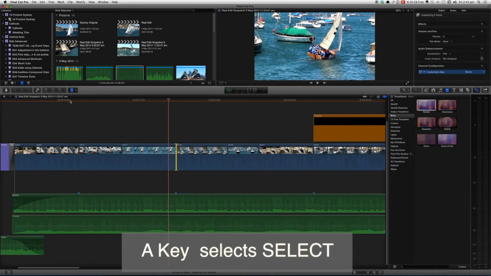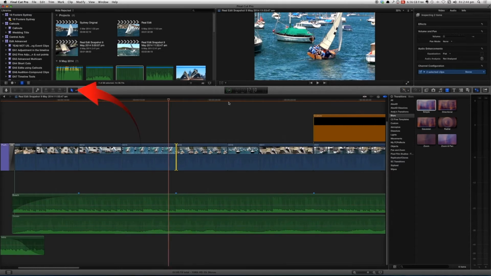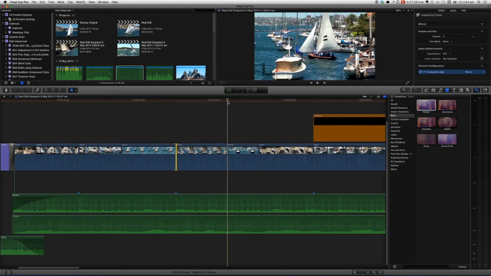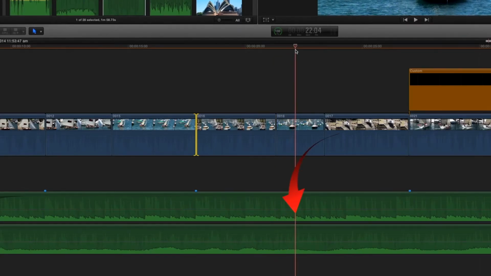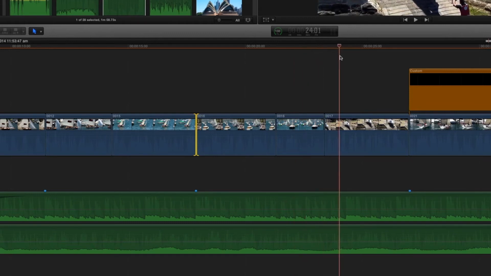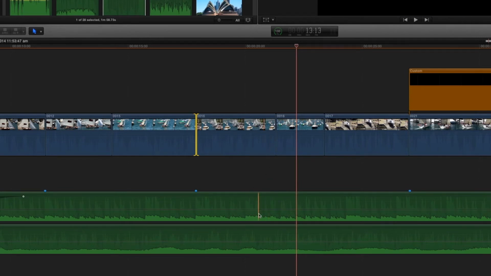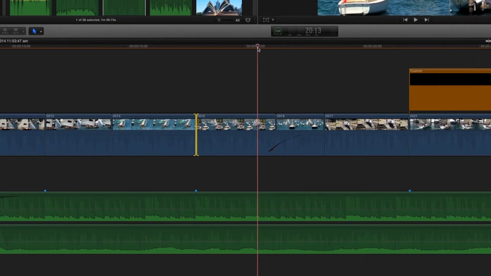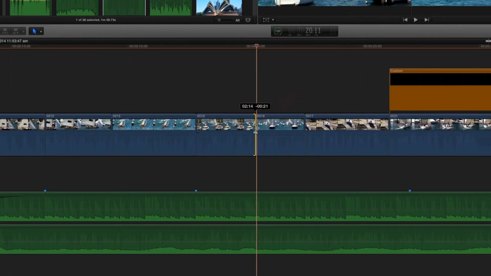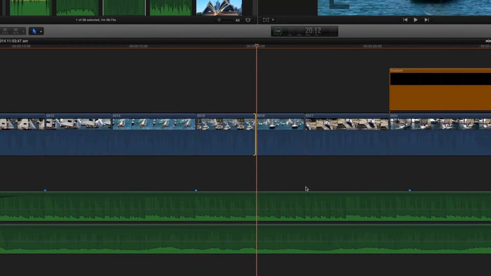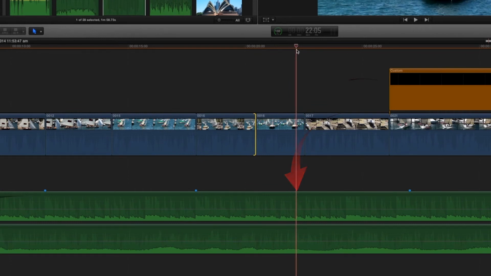Let's move further down here, pressing the A key to go back to the select tool. We've got another beat here. We've got another beat there. So let's put this one in here, and we will make that change go there. So we need to shorten this one a little. There's a beat at that point, so we're going to shorten that one to there, and this is the next beat that we want to come to, so putting the marker on it,